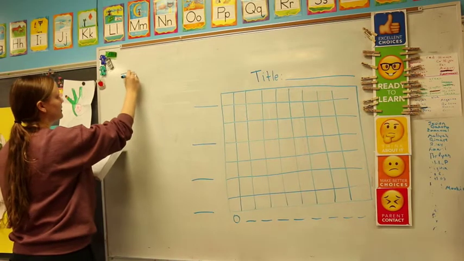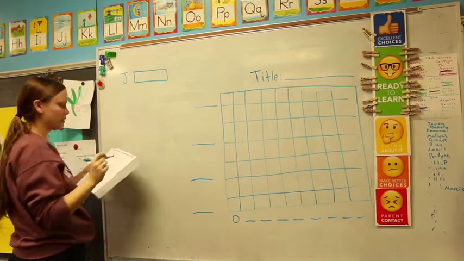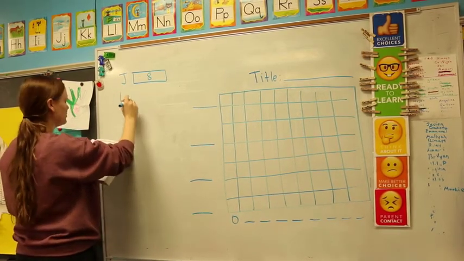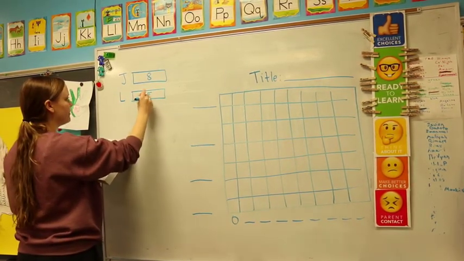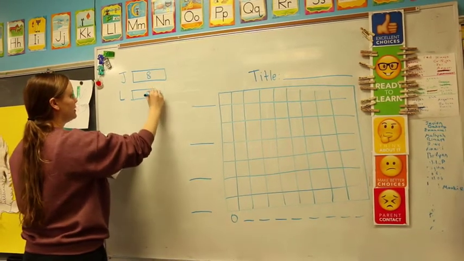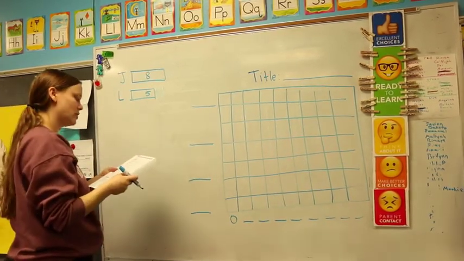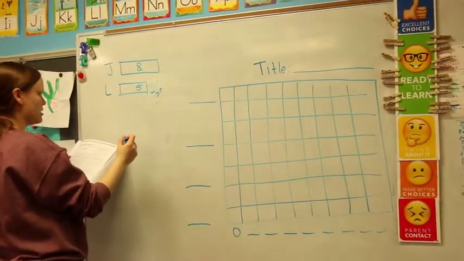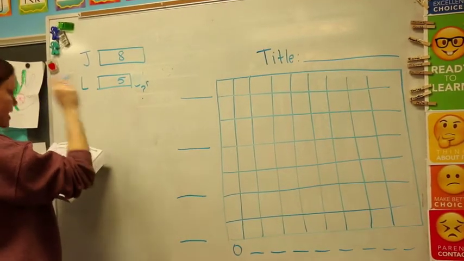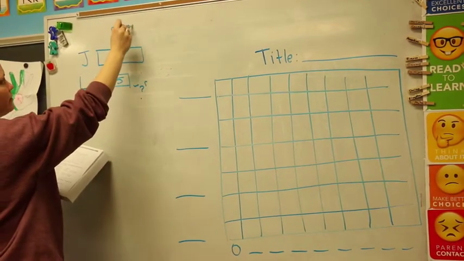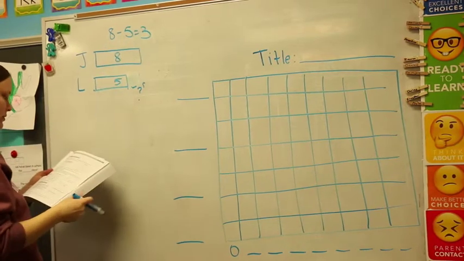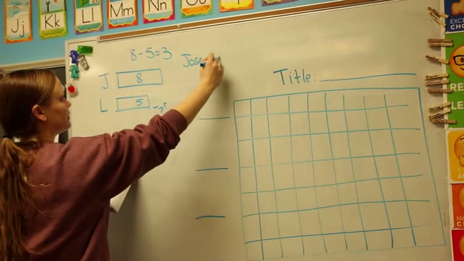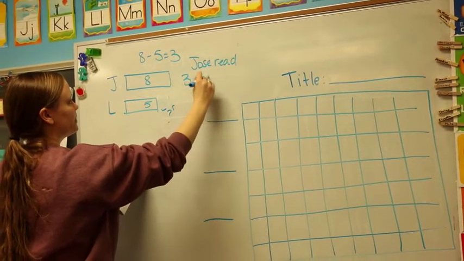Jose, if you count the number of tally marks, how many books he read, that would be 8 tally marks. Laura read 5. Okay, and so it's asking you how many more did Jose read than Laura. Remember, you need to find this number right here. We need to take 8, subtract 5 equals 3. So that's your first answer. Jose read 3 more books